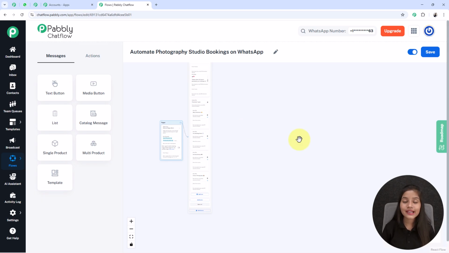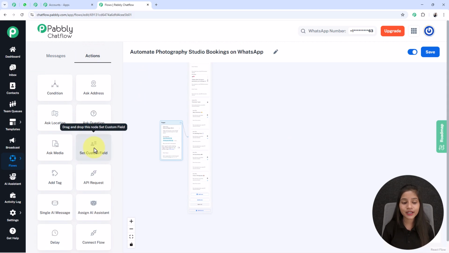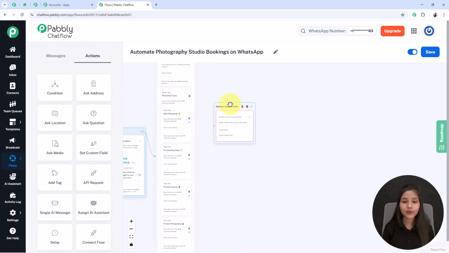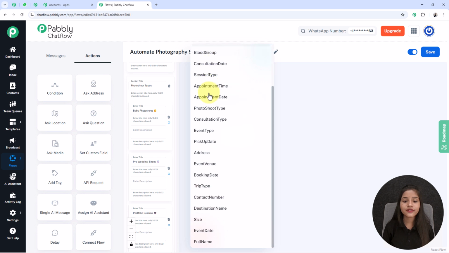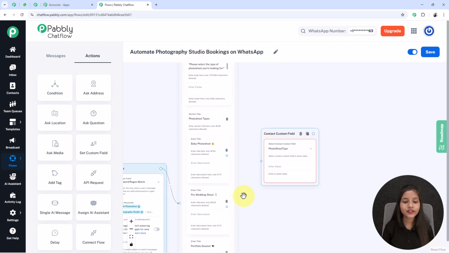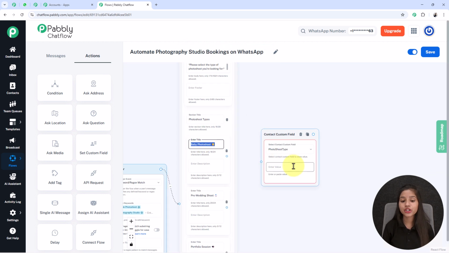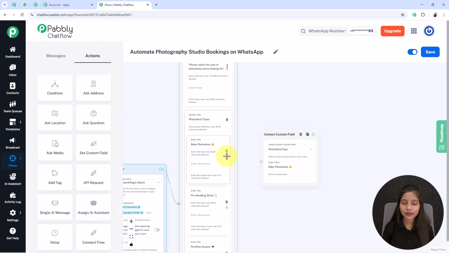But before that I am going to set up the custom field tag. For that I am clicking on this actions option and taking the button set custom field, dragging this box here, where I am going to select the contact custom field as photo shoot type. After that, in this enter value box I am going to write baby photo shoot, because I set this contact custom field specifically for this baby photo shoot,